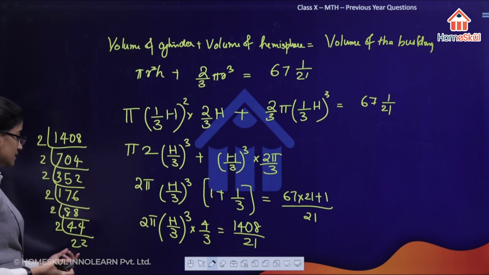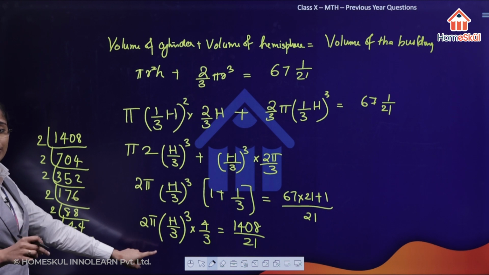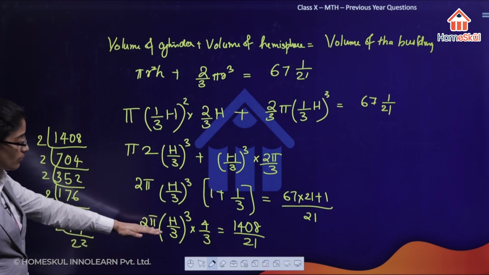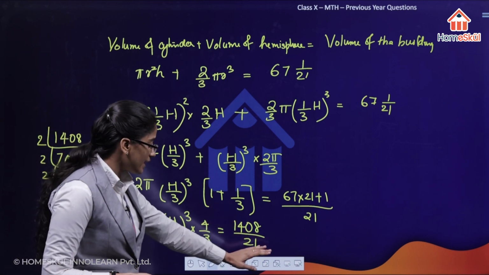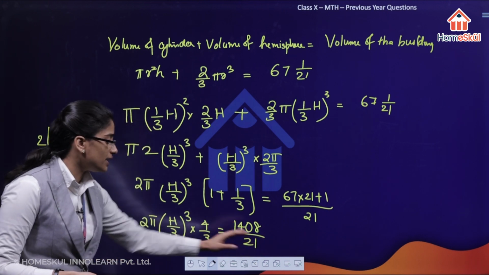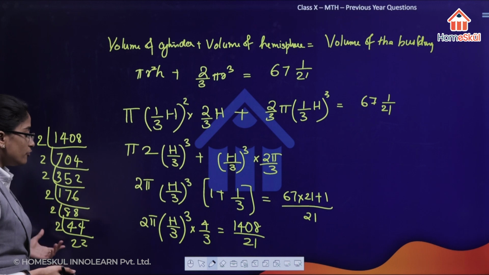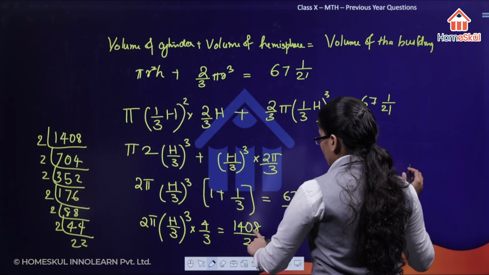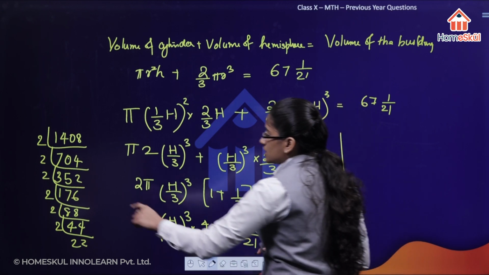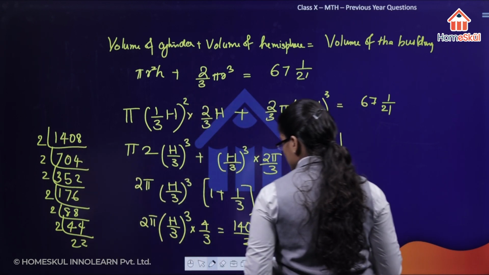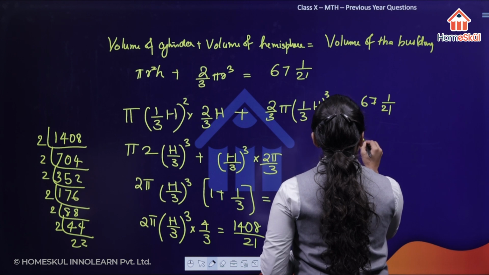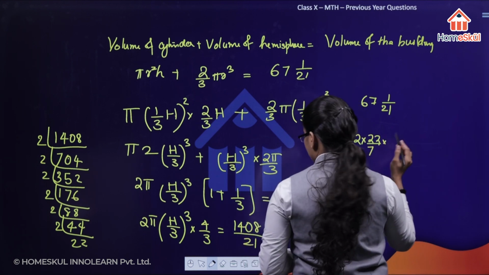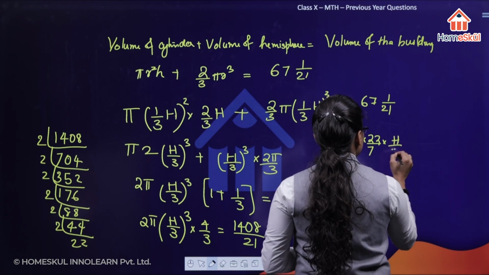Why I am keeping it as 22 means in pi there is a 22 by 7, right? So pi we could take as 22 by 7. Here that 22 is in the numerator, and on the right side if there is a 22 in the numerator, we could cancel it out, okay? So for that I am replacing 1408 as 2 raised to 6 into 22. So it becomes 2 into pi, instead of pi it is 22 by 7 we are putting the value. Then h by 3 the whole cube